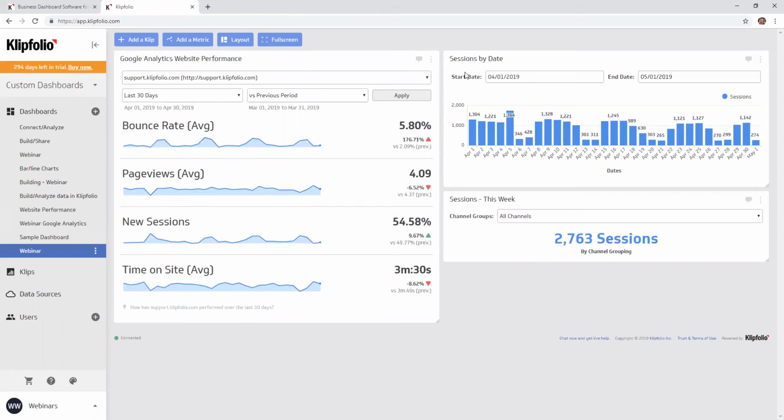So let's go ahead now and add a metric. For those that are not familiar, metric is another journey that you can take at Klipfolio that will allow you to track the different KPIs in your organization. Where it says custom dashboards, I'm going to simply switch this to metrics, and that will take me into this